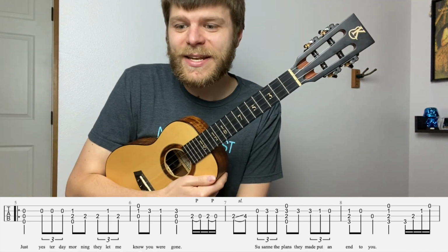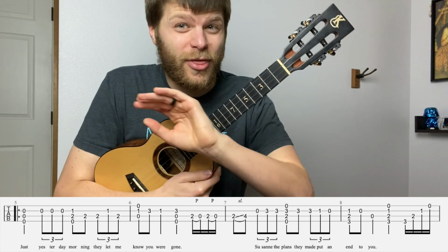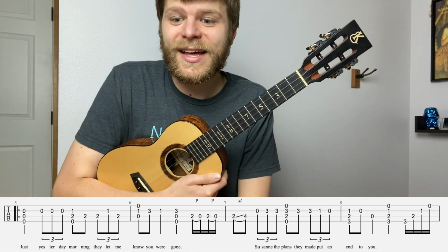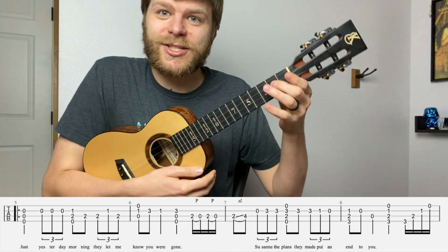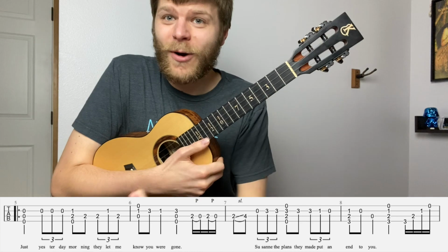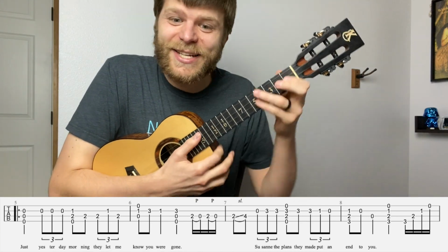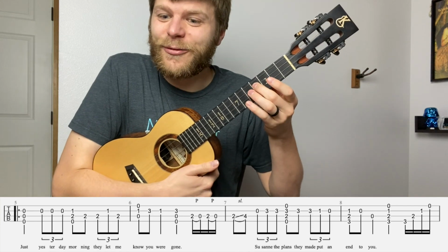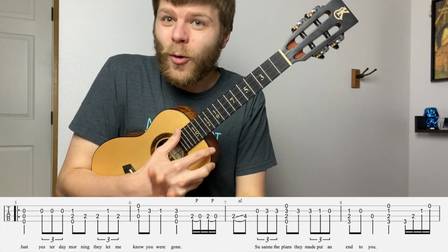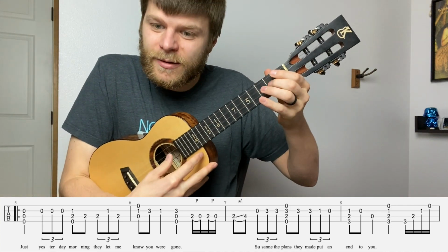As we go into 7 now, you'll notice that 7 is going to start off with these 2 notes with no words. So it's actually the conclusion of the little riff from the end of 6. So we're going to play 2 and slide it up to 4. We're going to use that the same way that we did at the very first part of the song, at the very beginning of the intro, that 2 slide to 4, all right? So the whole riff now, end of 6 into the beginning of 7 is...